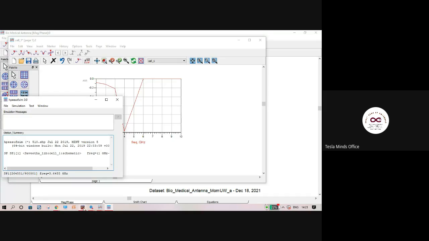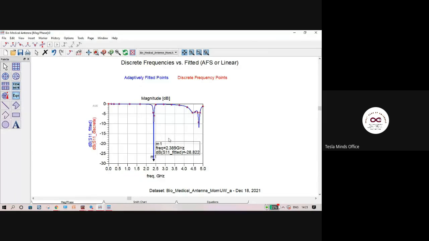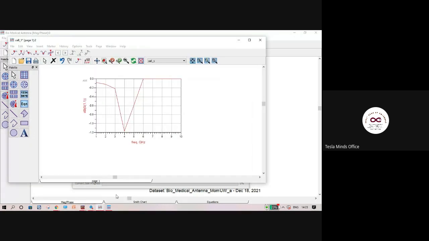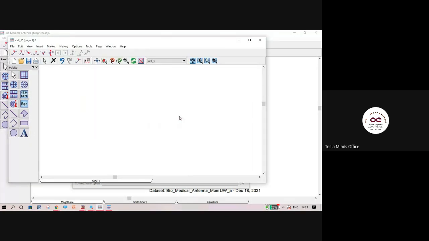So this was the antenna which I was talking about. This is only one resonance frequency. If you only have one resonance frequency, that is enough for biomedical application. But in some cases, like a wearable smartwatch, you need multiple bands. So we saw multiple bands, the smart antennas, the reconfigurable antennas, and the wearable flexible antennas, which you can stitch using conductive links and conductive threads. So that can be possible.